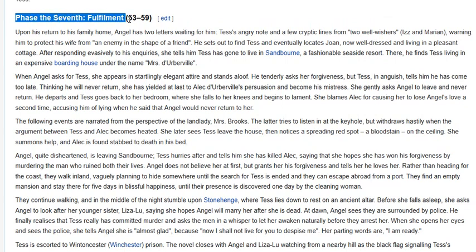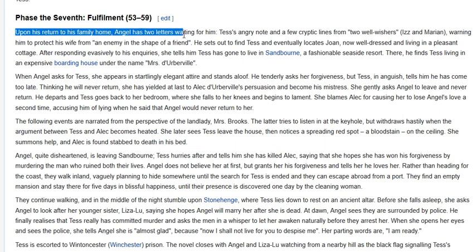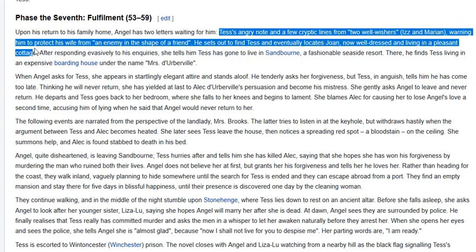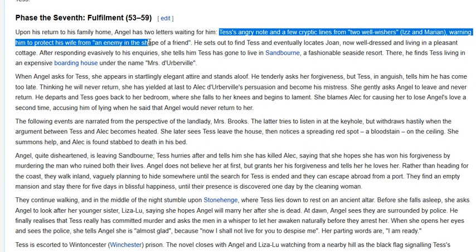Phase the seventh, fulfillment, the last phase from chapter 53 to 59, summary. So we have reached the ending part of the novel. Upon his return to his family home, Angel has two letters waiting for him: Tess's angry note and a few cryptic lines from two well-wishers, Izz and Marian, warning him to protect his wife from an enemy in the shape of a friend. He sets out to find Tess and eventually locates Joan,